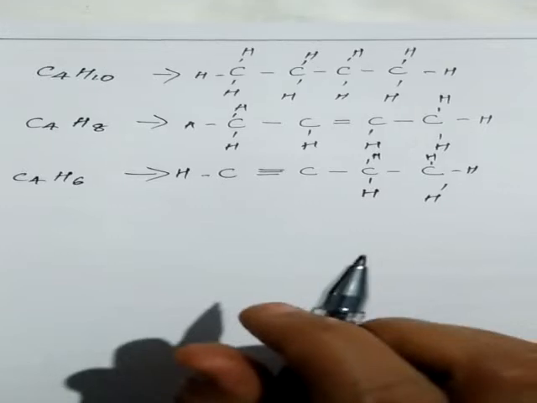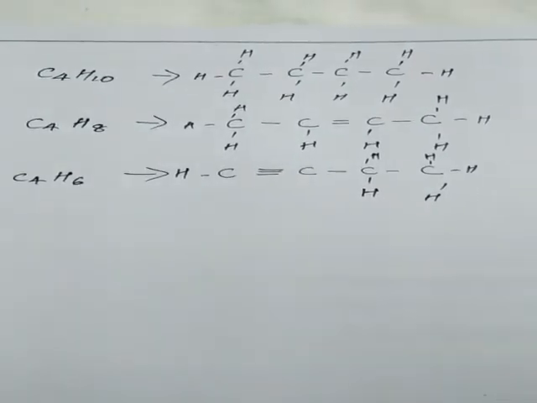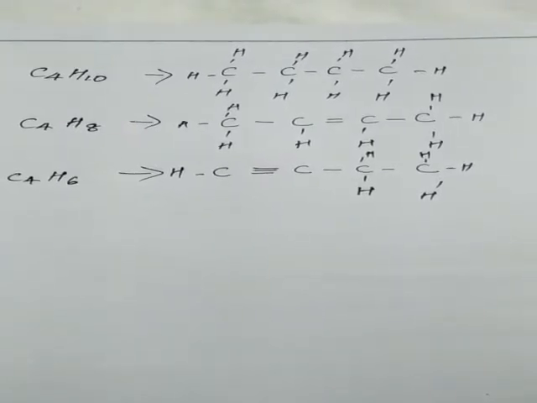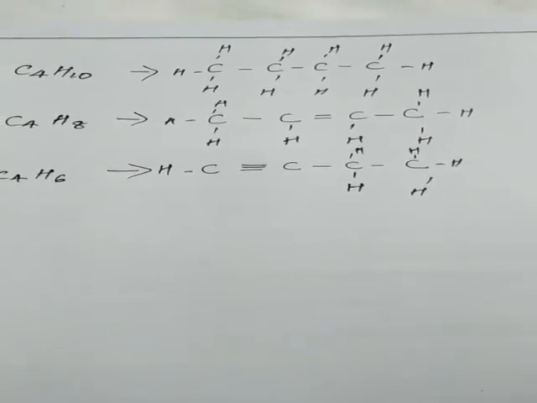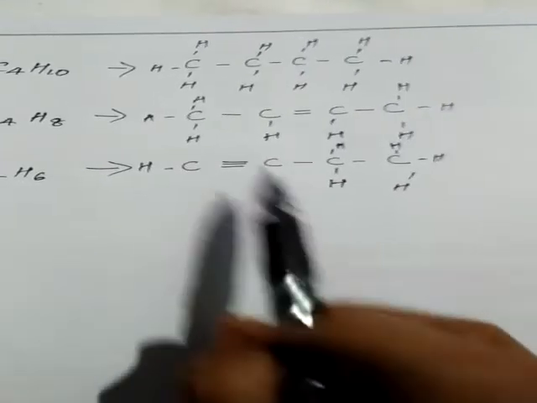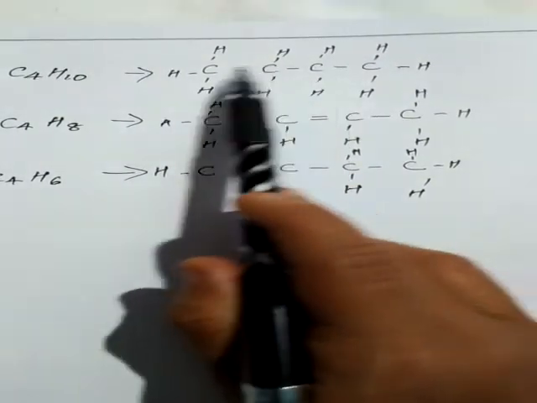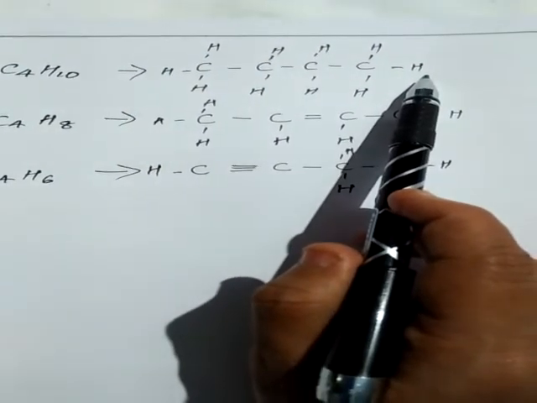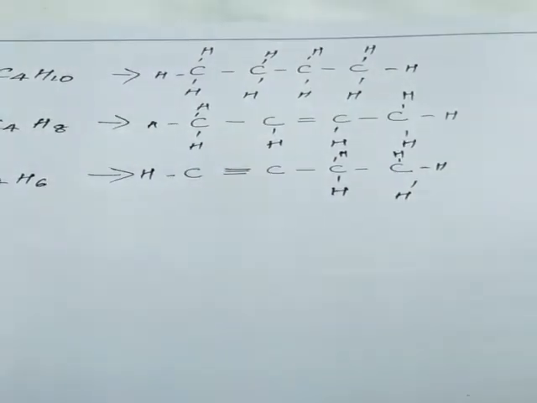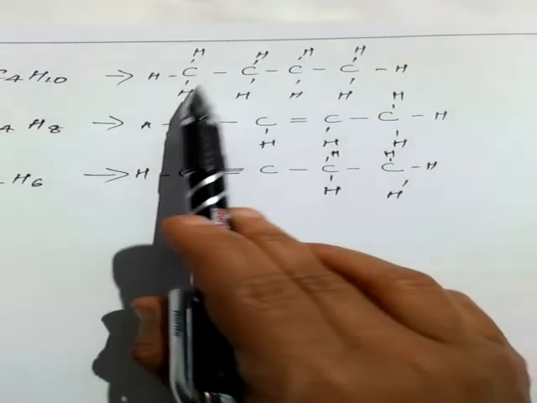See children, in this, the main thing to draw a structural formula is you have to know what is an alkane, alkene and alkyne, and also you have to use the different types of bond. First main thing is based on the number of carbon, we have to arrange the carbon atom. This type of arrangement or this type of bonding, it's a chain like structure. Okay, this is chain type bonding in carbon. And we will learn branched and ring structure of carbon also. This is chain structure. Okay,